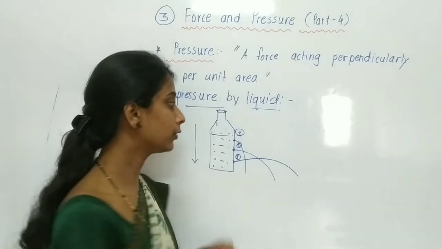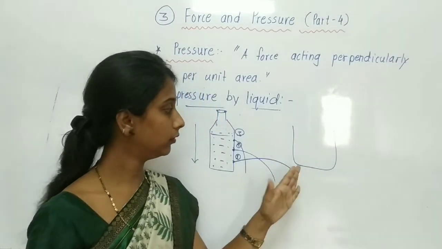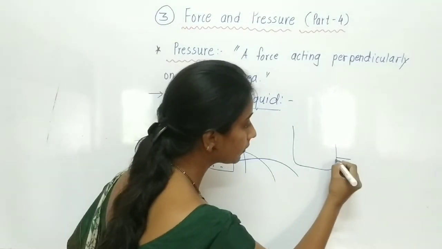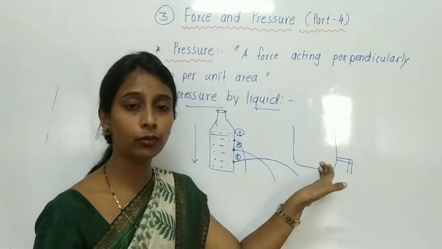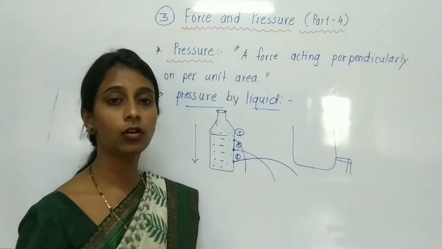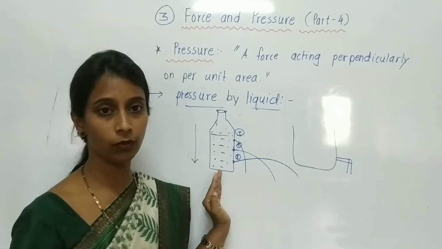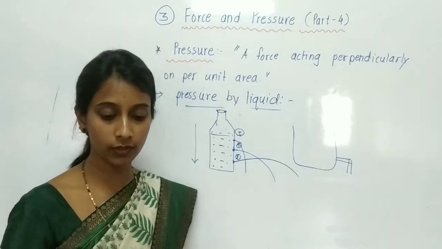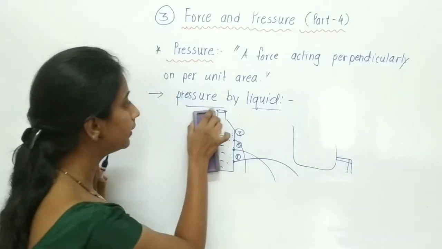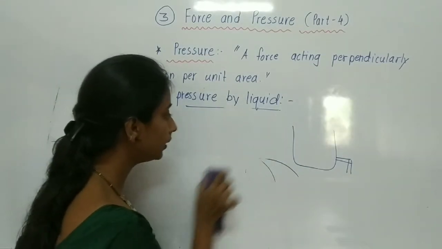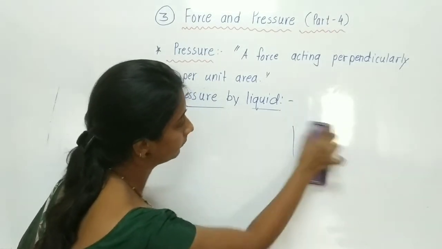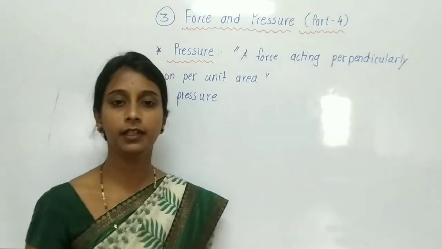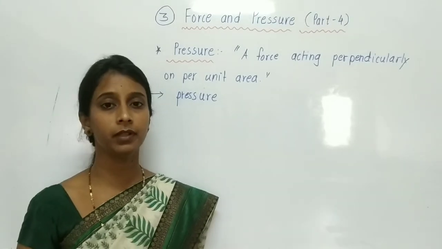Now students, on our water tanks, we have seen water tanks everywhere, and we fix the tap at the lower surface, at the bottom of the tank, and that is the reason: at depth, liquid exerts more pressure. So students, this is the pressure exerted by liquid, and it mainly depends upon the depth of the liquid. Remember, for fill in the blanks.